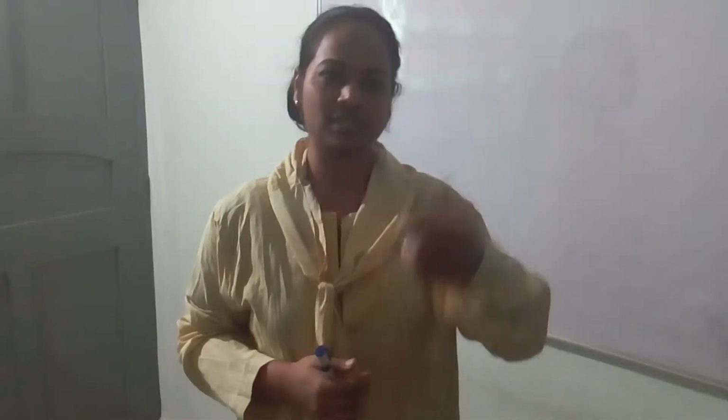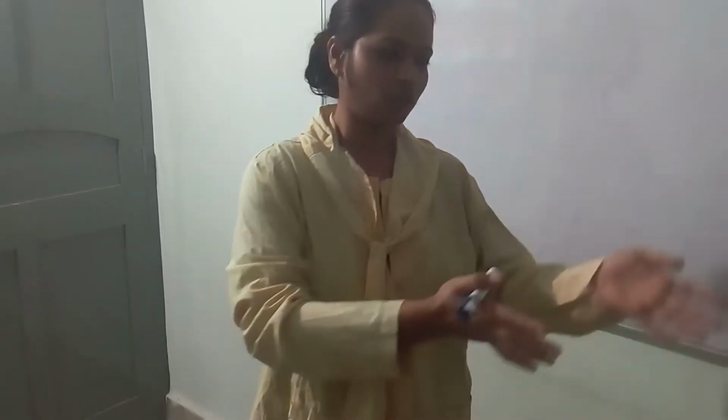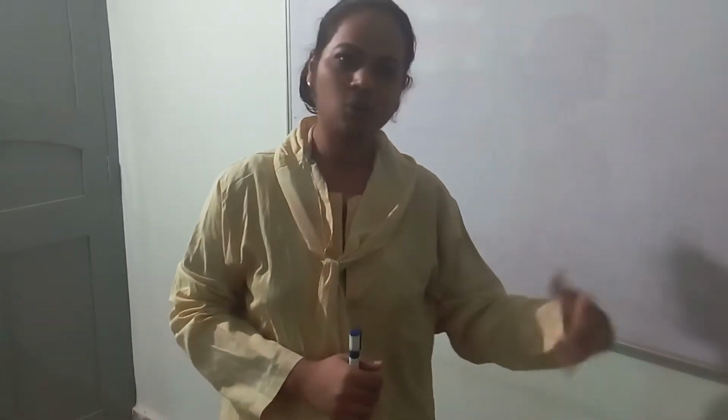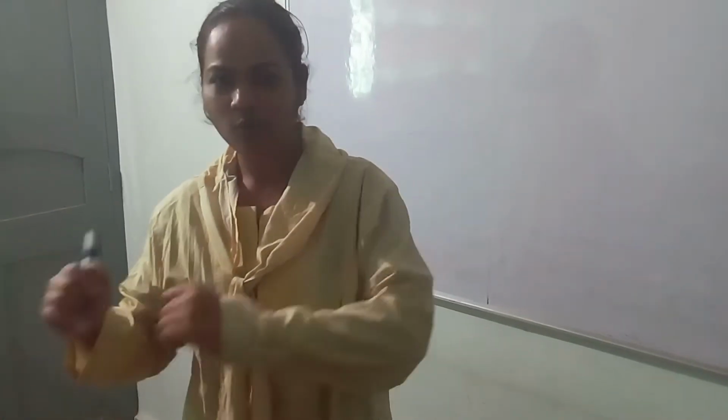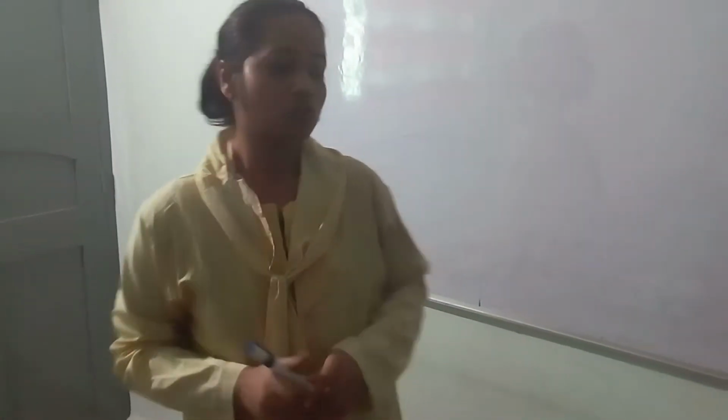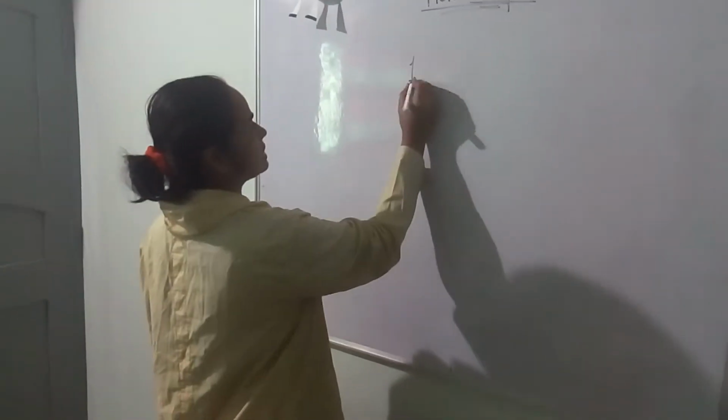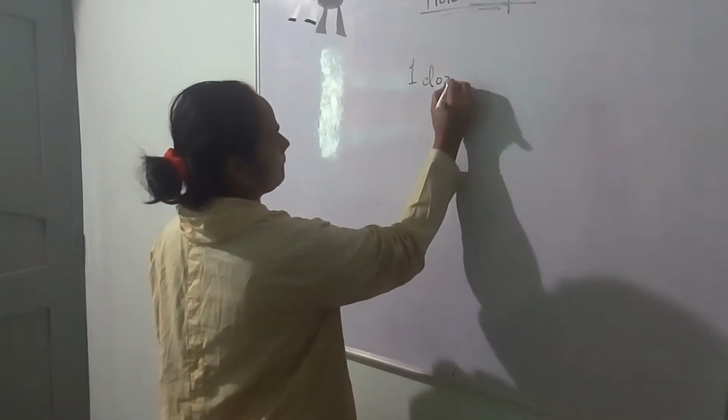First, you think of 1 dozen. What does it mean? 1 dozen means 12. 12 of anything. If you take apples, 1 dozen apples means 12 apples. 1 dozen watermelons means 12 watermelons. So if we see that 1 dozen apples